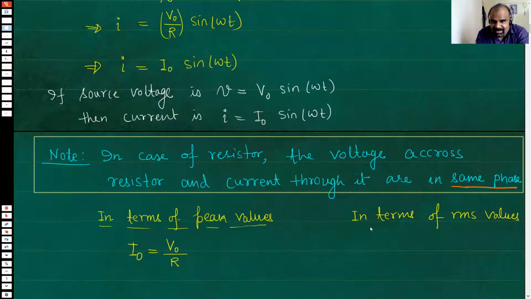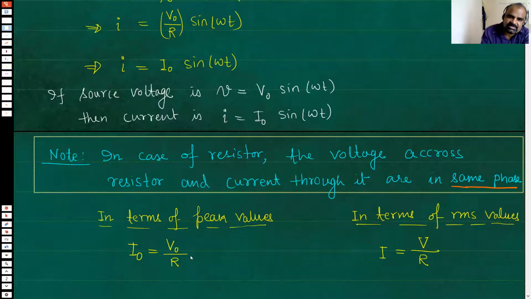So it is, and in terms of RMS, you know, RMS means average. Can we say that capital I, that means RMS current, is capital V, that means RMS voltage, divided by resistor? Really, is it possible to say this? This we understand, that this is true because we are writing this as this only. But in terms of RMS also, is it true? Can we?